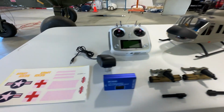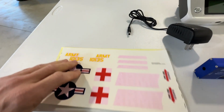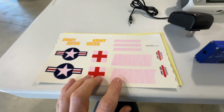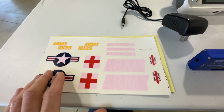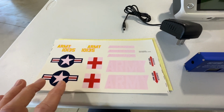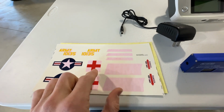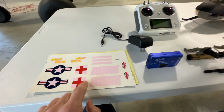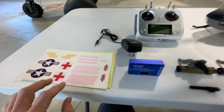Now it does come with some decals. You can see here, these decals, I'm guessing by the looks of them, are about 200 years old because they're absolutely terrible. I don't know what all the pink is on there. These are water slide decals. And what I don't like about these, other than the fact that I think they're too old and they're ruined, is that I've seen some other videos online, and when people do install these decals on the model,